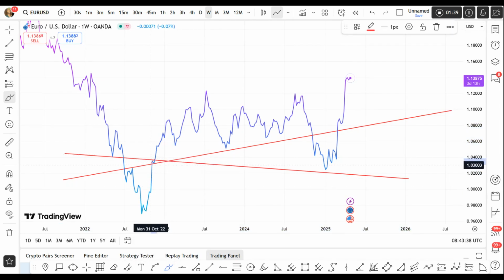So the key structures we have here is we have structure here, we have structure here,